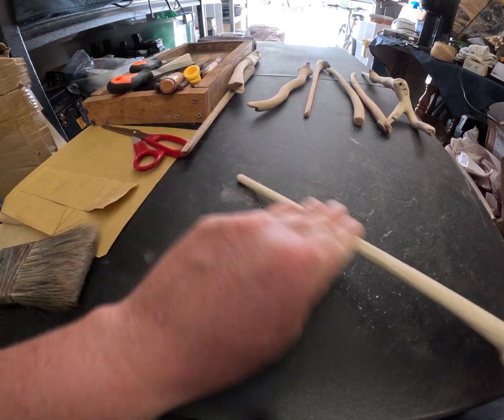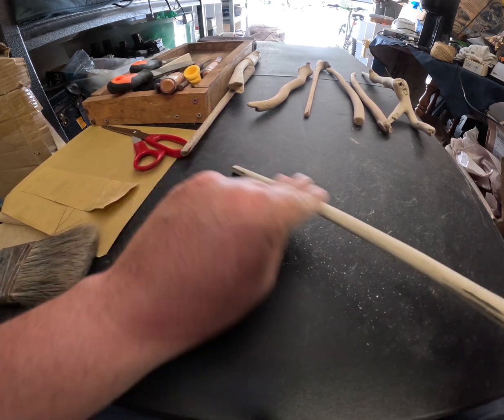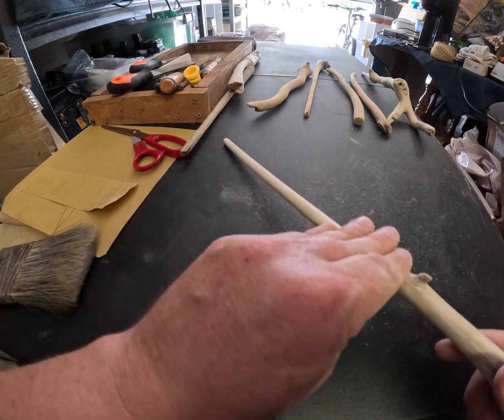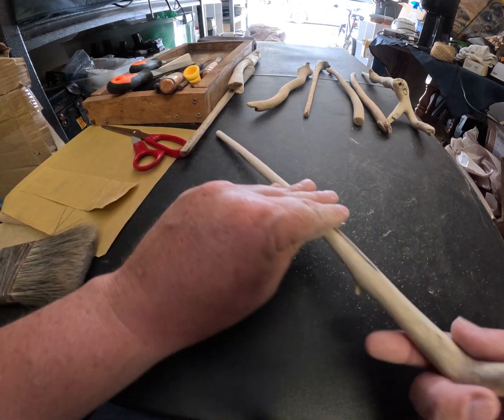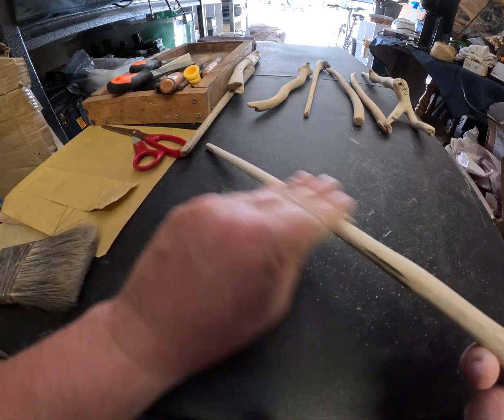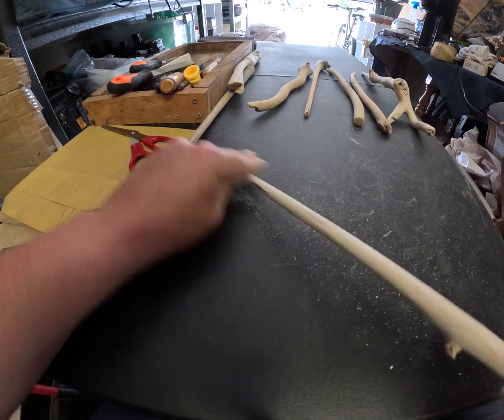Yeah, this isn't quite 100% perfect in the thicknesses in some of these areas, but I still liked it. It's good. Nobody's going to complain about it. This would be a good wand actually for carving things on, writing on, because it's smooth, it's level, it's pretty consistent across the board,